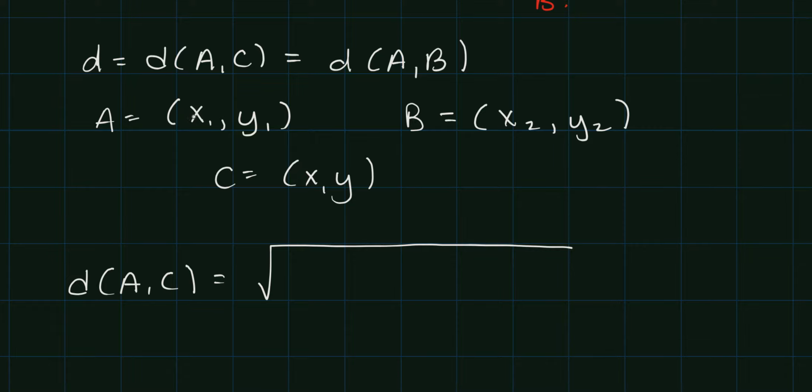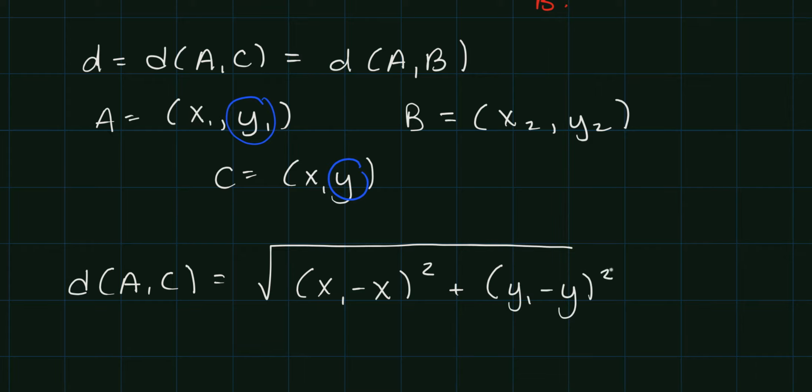Well, remember the distance formula. We subtract the x coordinates, so that's x1 minus x squared, plus we subtract the y coordinates, so y1 minus y squared. And this is what we're labeling just the length d. And the distance between,